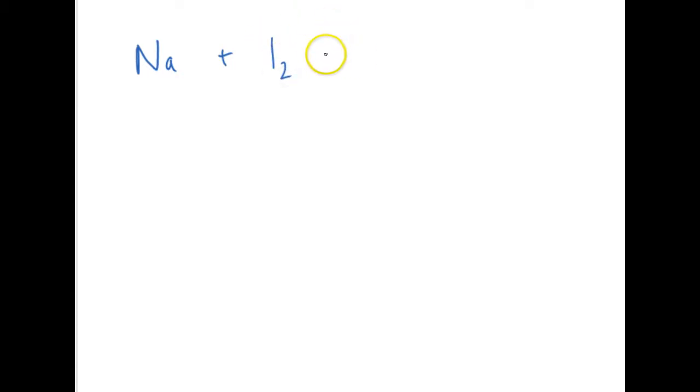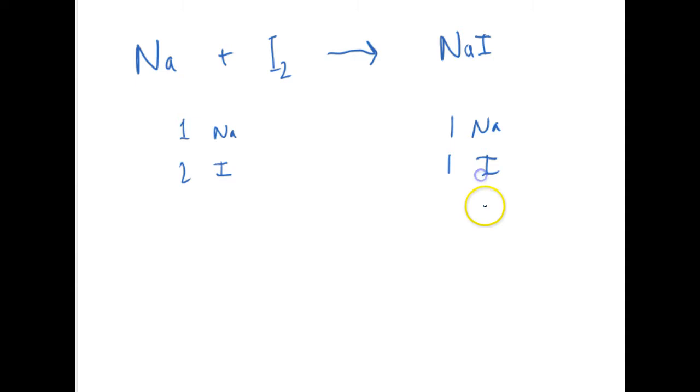So I'm writing down the next equation in your book. The next equation is sodium plus iodine equals sodium iodide. If we do a preliminary count, we see that we have 1 sodium and 2 iodine atoms. Over here we do a count: we have 1 sodium, and we only have 1 iodine. So we are not following the law of conservation of mass, because this is representing a chemical equation,